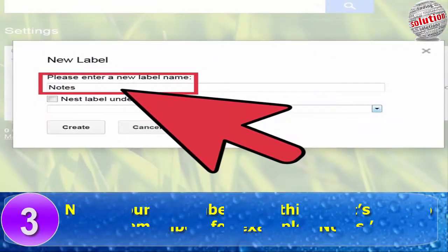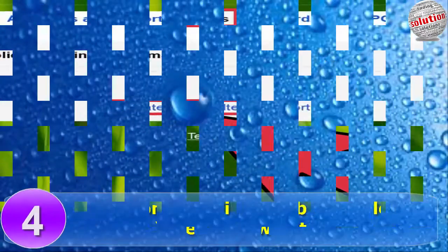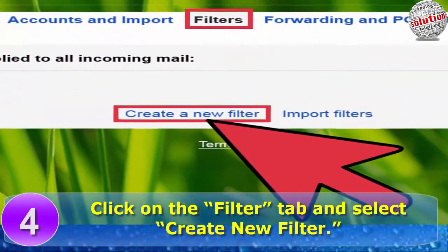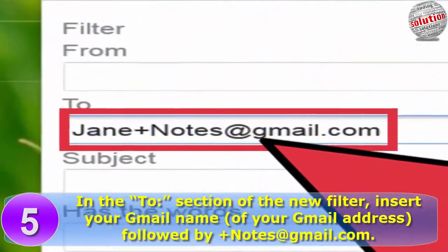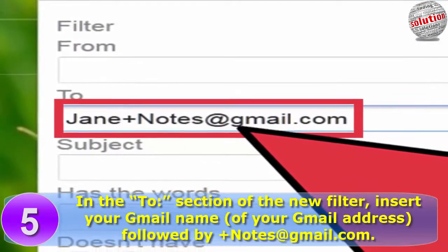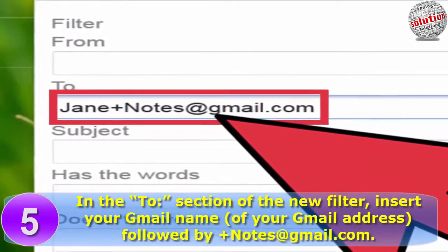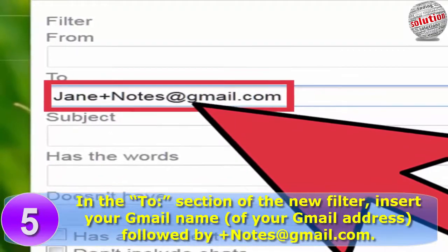For example, Notes. Number 4. Click on the filter tab and select Create New Filter. Number 5. In the To: section of the new filter, insert the name of your Gmail address followed by